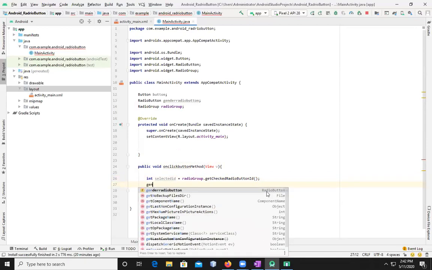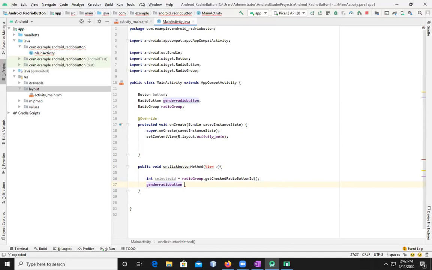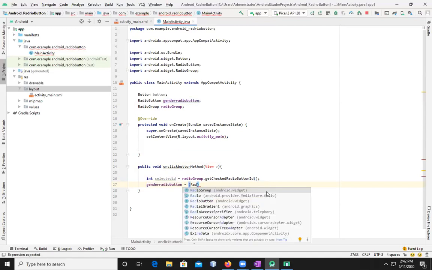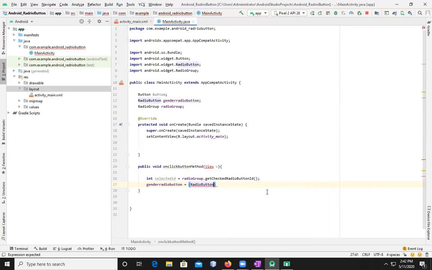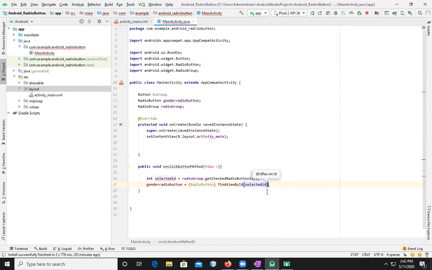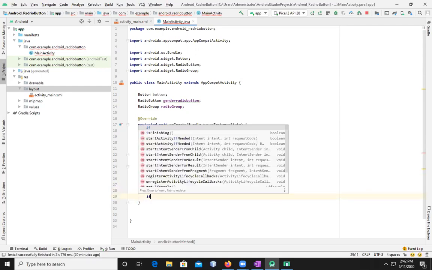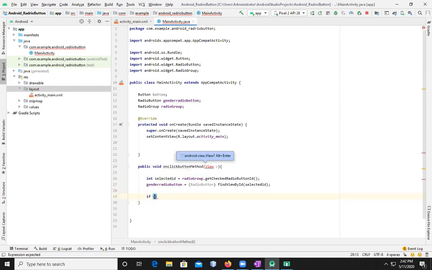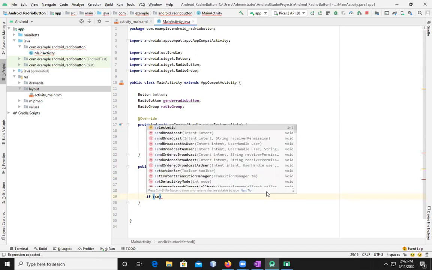Next is gender radio button, which is gonna be equal to the radio group. So radio button find view by ID. So it's selected ID, which we have defined just before some time. So then if selected ID